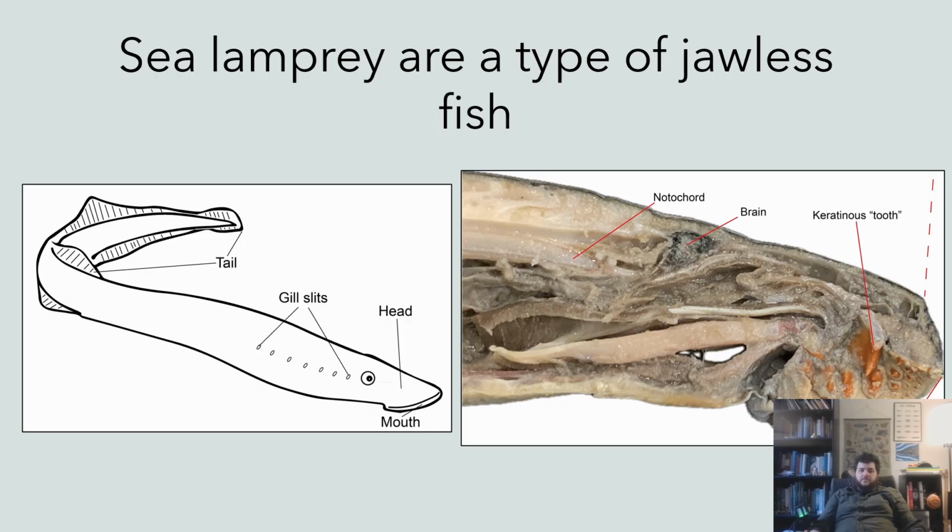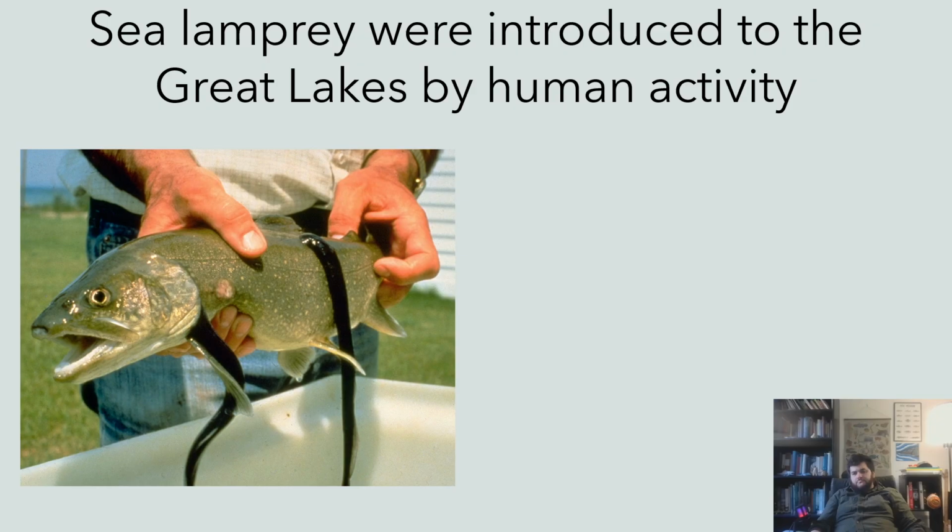Imagine, I mean, don't imagine, that's an awful thing to imagine, right? But you can understand that even though it's not necessarily a fatal interaction, this parasitic interaction is extremely bad for fishes. And unfortunately, the sea lamprey was introduced to the Great Lakes by human activity. So the sea lamprey, we think, got into the Great Lakes because of the building of this canal that allowed shipping from the Atlantic Ocean to more easily reach the Great Lakes, essentially. And larger ships were able to get in.